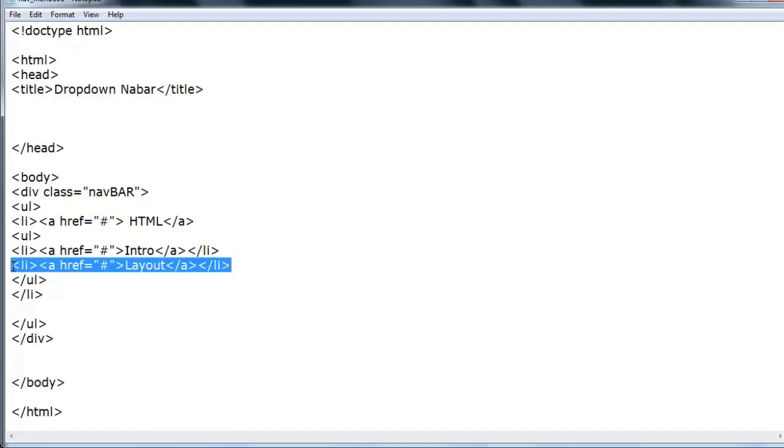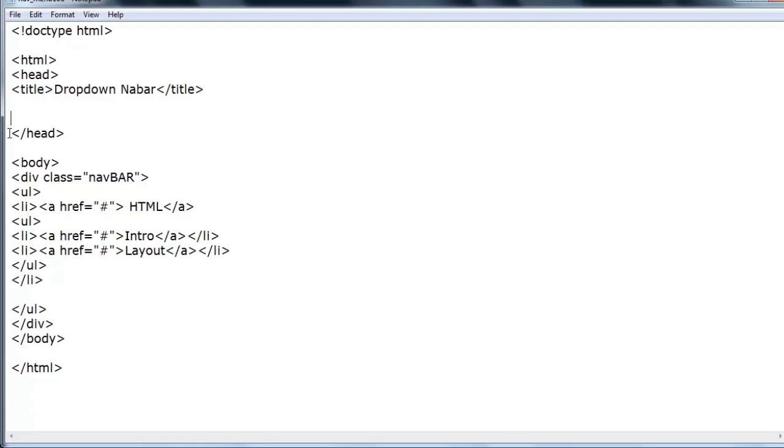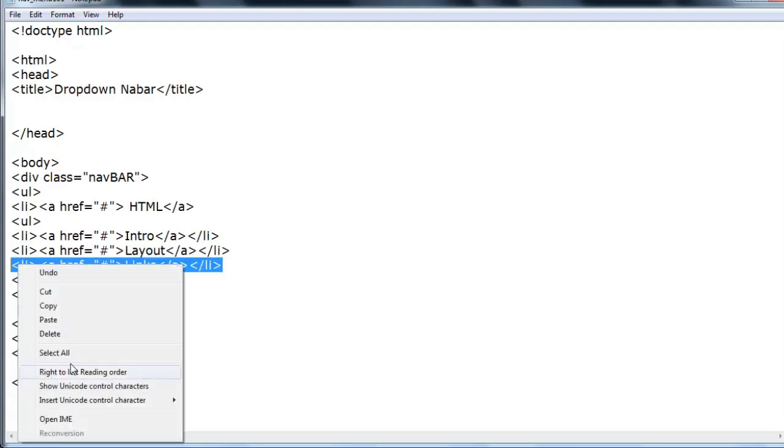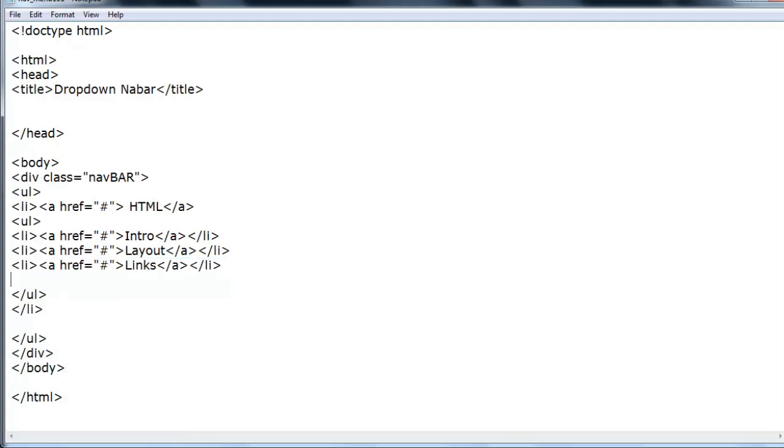Alright, so to save some time, just let me copy this, Control C, let me put this one a little bit up. So come back here, and come down here and just Control V. And this one, change it to anything you want. I created links. Alright, and then let me copy this again. So Control and right click, copy, and come back down here and Control V, or you can just press paste. Alright, and here let's rewrite this,